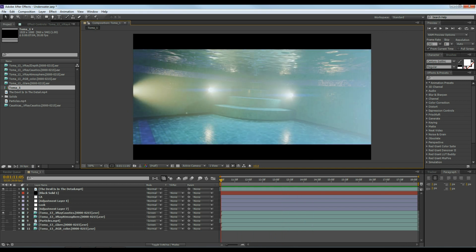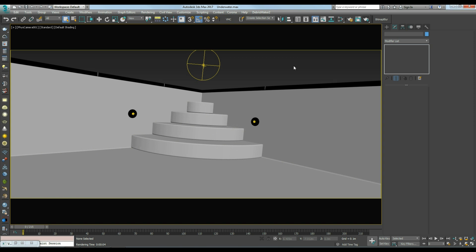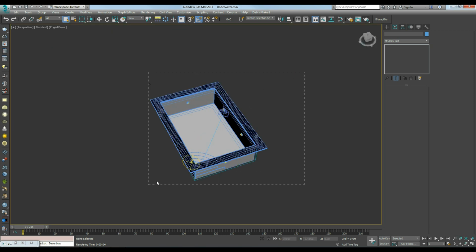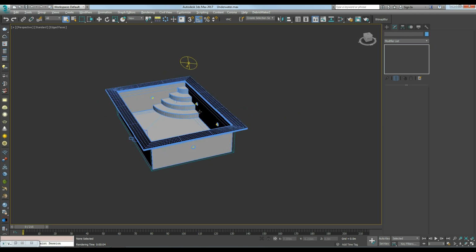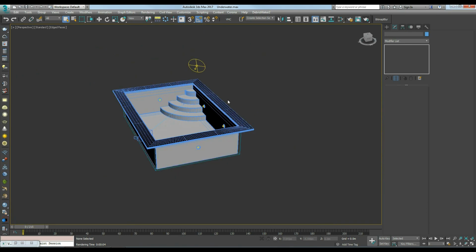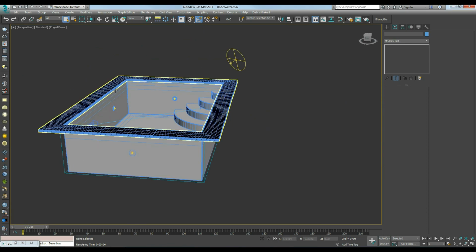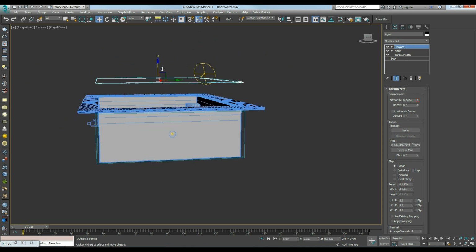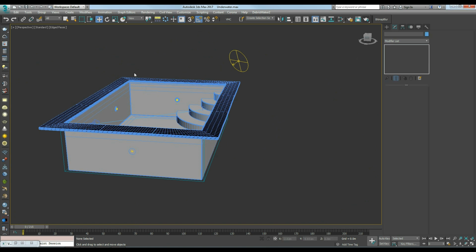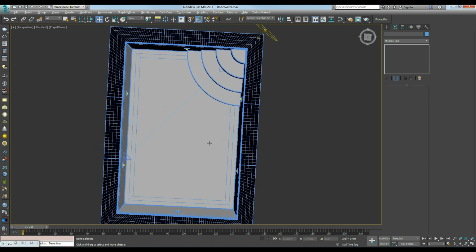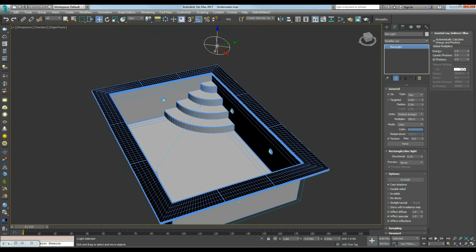So in this case, I want to show you first of all the scene. This is the whole scene I used for that shot. As you can see, here is the geometry for the pool, and here's the water. It has animated displacement, and it's only 5 lights and 6 lights, and this one is a rim light.